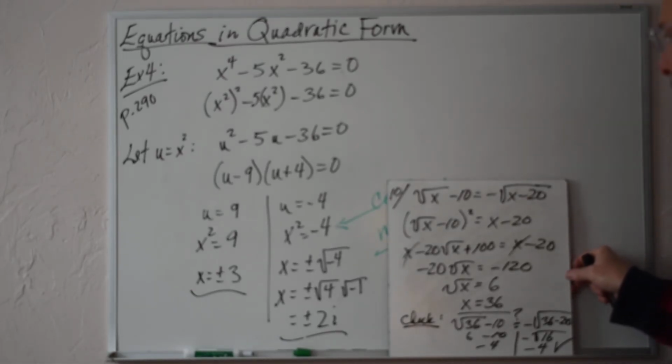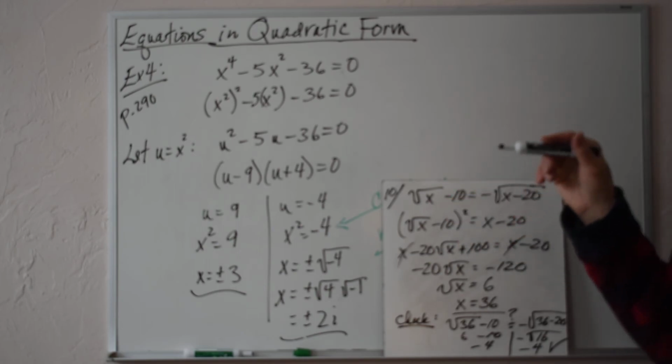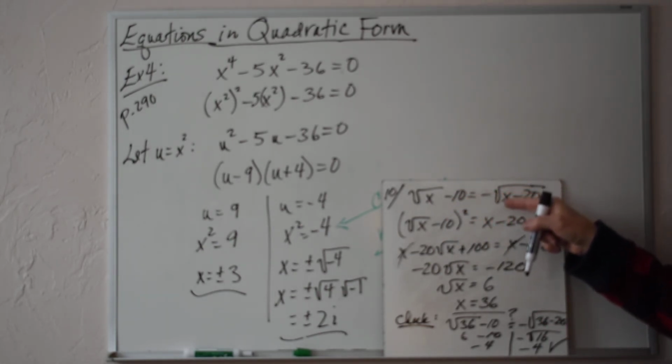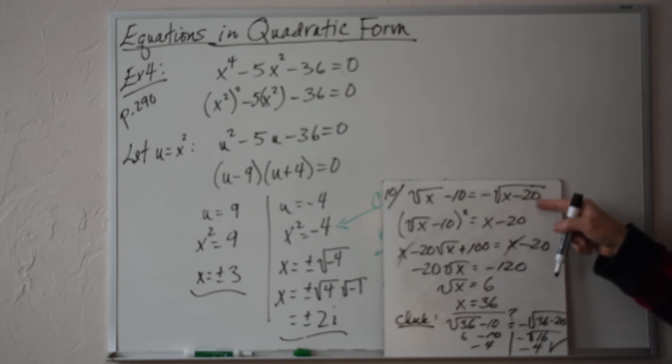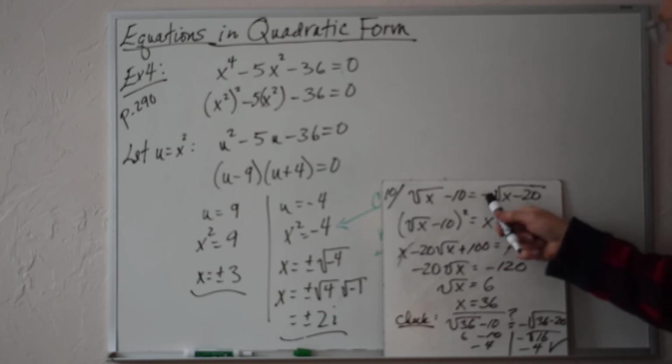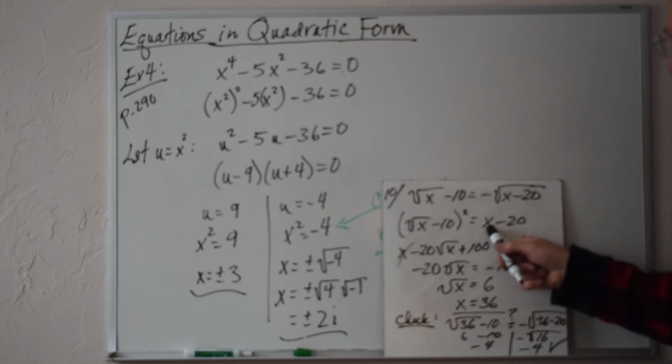Alright, let's see how you did with number 10. Square root of x minus 10 equals the negative of the square root of the quantity x minus 20. The radical sign's already pretty well isolated for us, so we can just go ahead and square each side. When I square negative square root of the quantity x minus 20, I just get x minus 20 because the